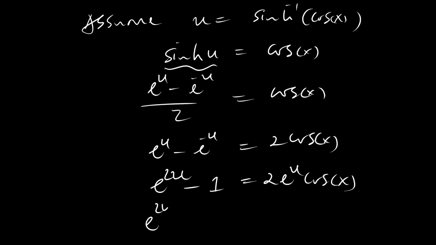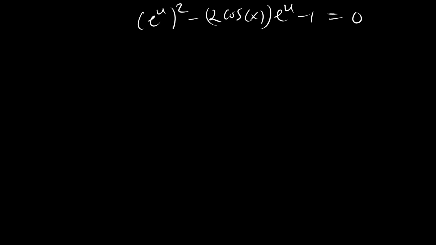And so e to the 2u minus 2 e to the u cosine of x minus 1 equals 0. And so if we have e to the u squared minus 2 cosine x times e to the u minus 1 equals 0,